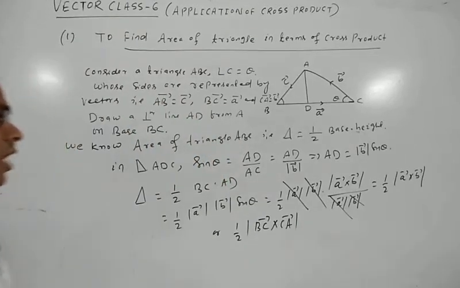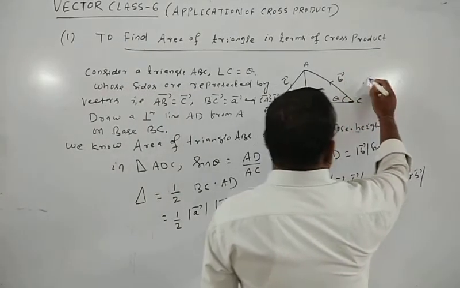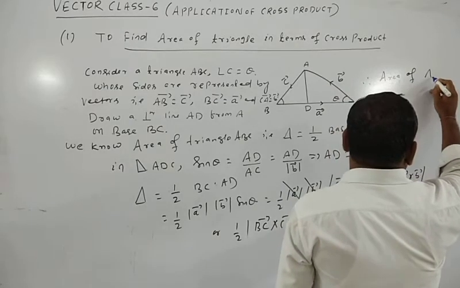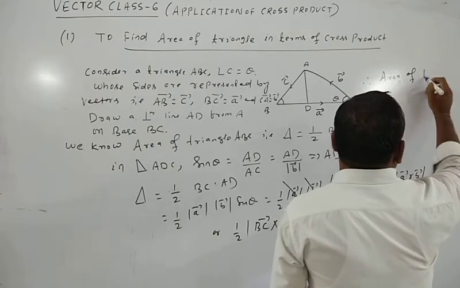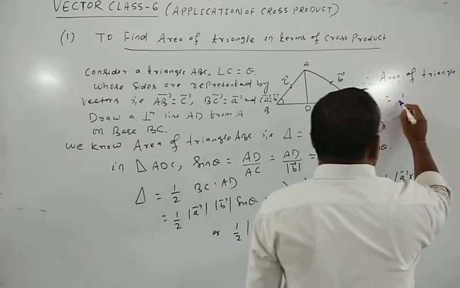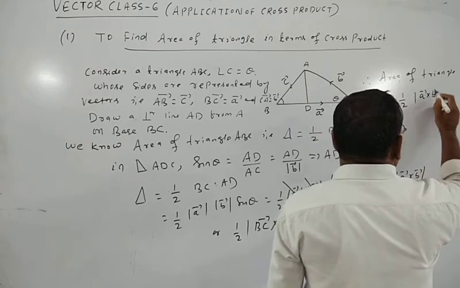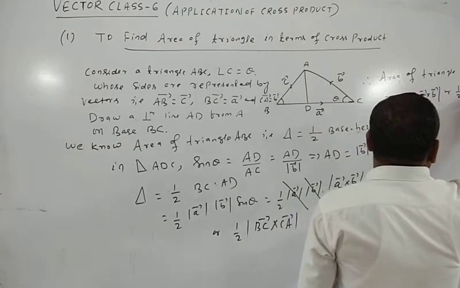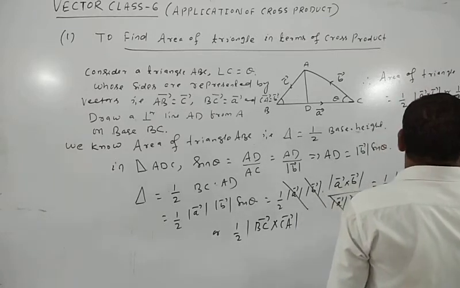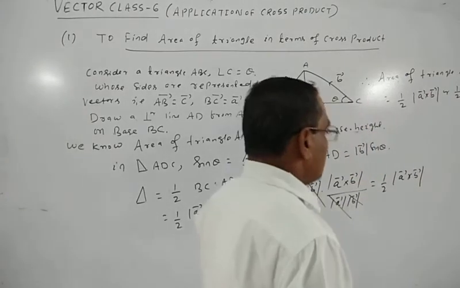Therefore, we conclude that the area of a triangle ABC is equal to half into the magnitude of A vector cross B vector, or half into the magnitude of B vector cross C vector, or half into the magnitude of C vector cross A vector, or in terms of vertices,